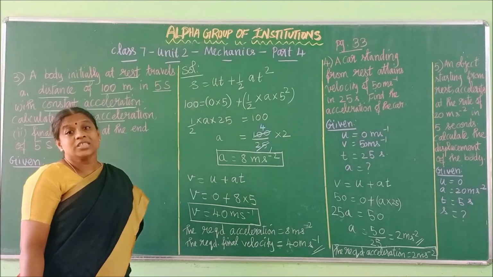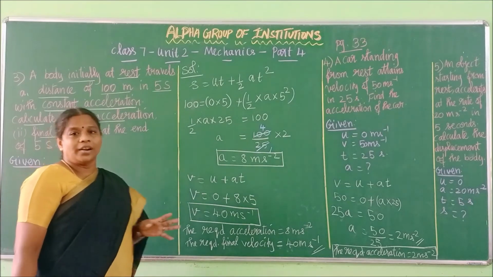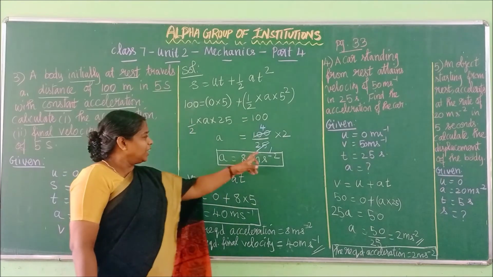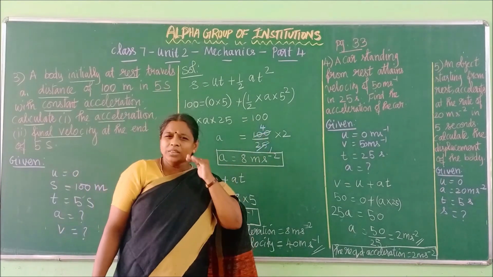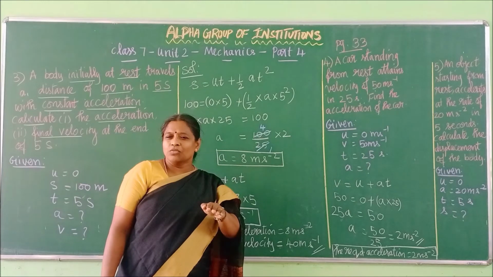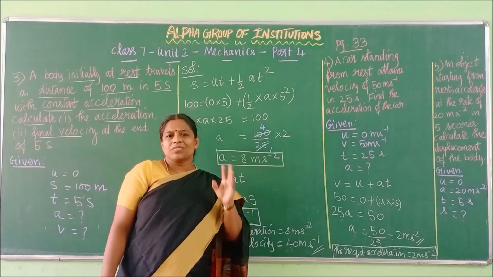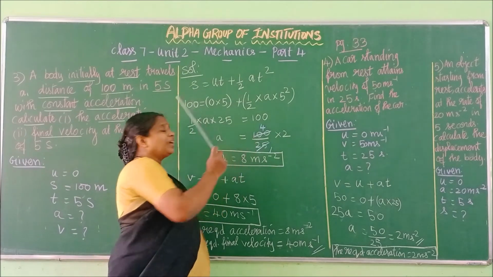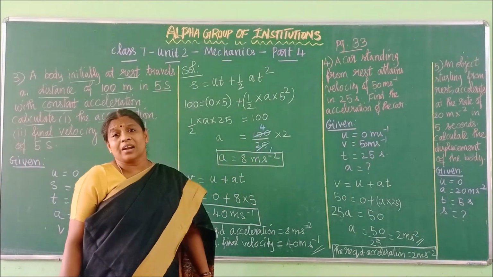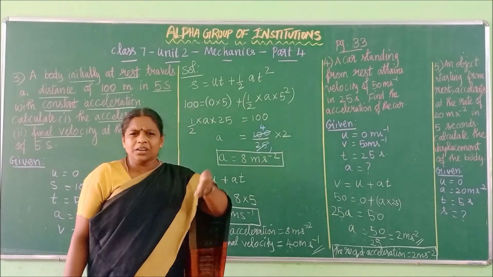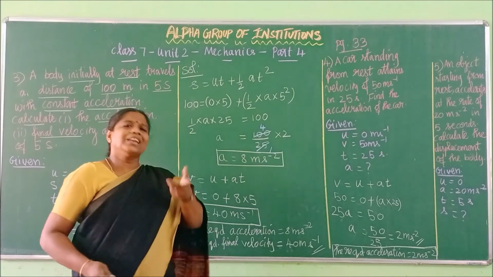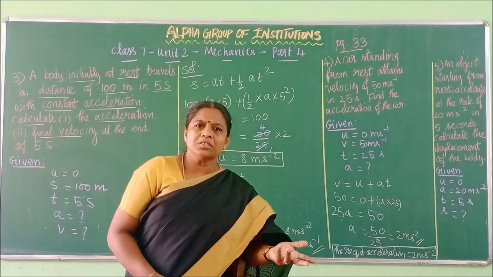25 into 4 is 100. Children, when you are doing this division by striking out, as it is ending with 5 and 0, don't think in a smaller way. Don't start with the formula: 5 ones are 5, 5 twos are 10. Don't go with 5 5s are 25, 5 20s are 100. Instead, think in a little more way. See 25 and 100. Directly you can understand 25 into 4 is 100.